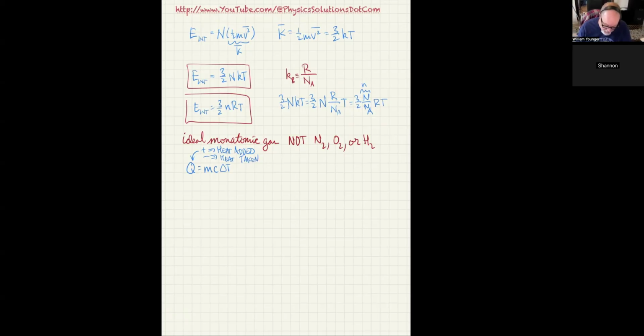The M is the mass. The C, like I said, is the specific heat, such that its units are joules per kilogram Celsius degree. And then the delta T is T minus T0, or T final minus T initial. Either one of those is acceptable. So that's what all that is.